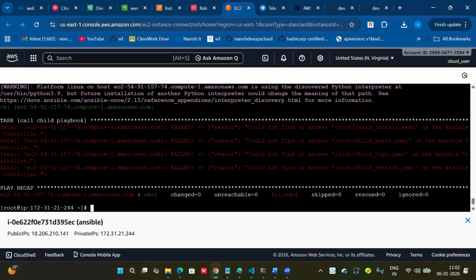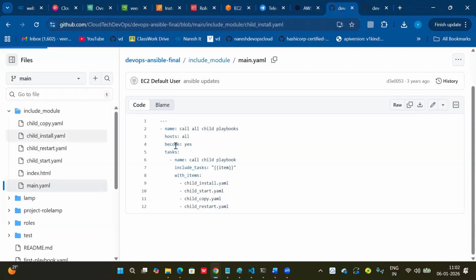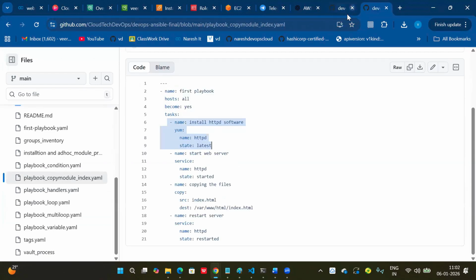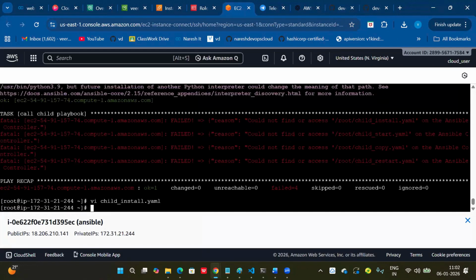So main YAML is trying to call your child YAMLs, but those are missing, so it is unable to call them. Now I'm adding here: copy, child install.yml, you can add, paste. Now you can run.